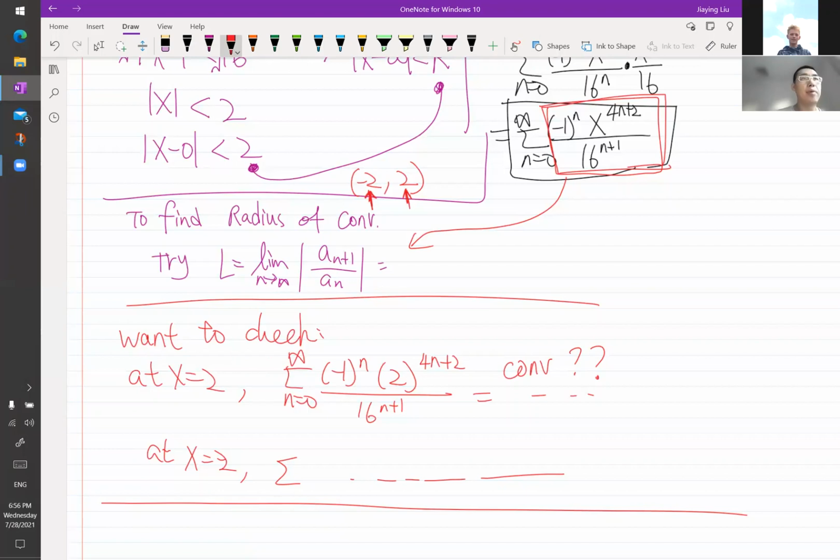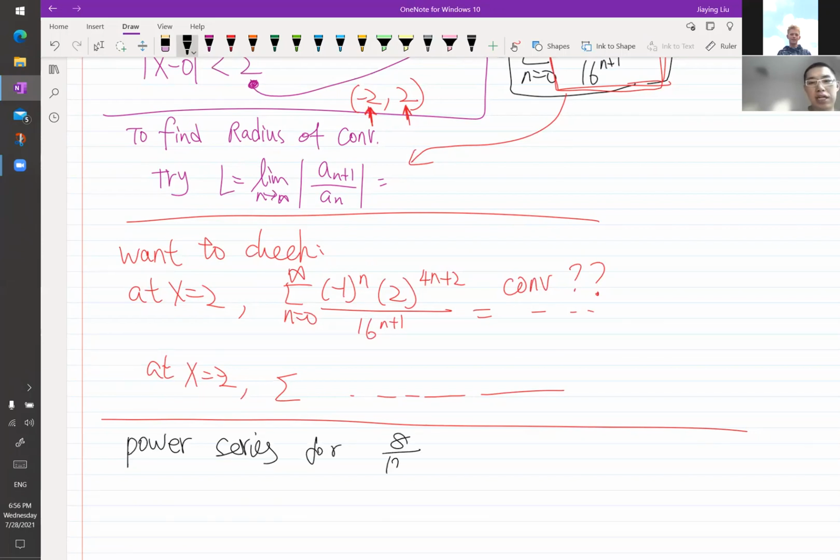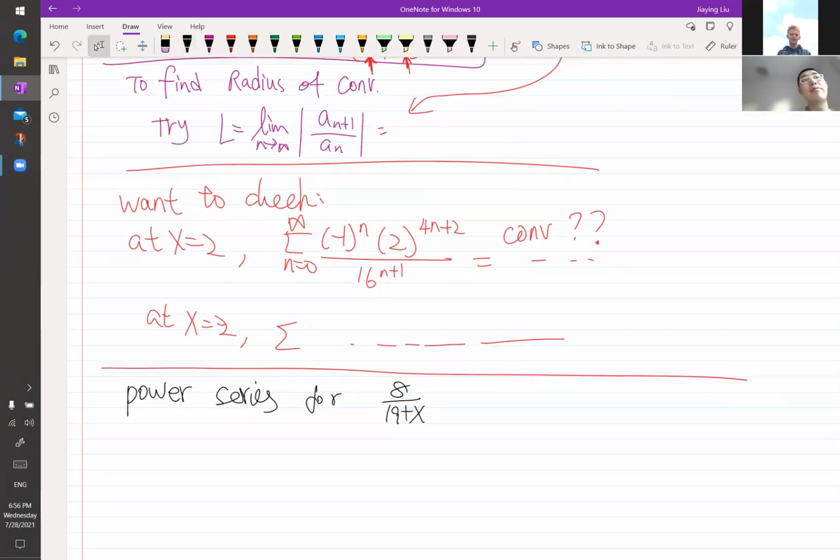All right, so Sam has a similar question on this. Sam, I think I'm not going to do all the work. I think I'll just explain a couple of steps. So it's power series, finding power series for 8 over 19 plus x. So again, the first step, what we're going to try to do is try to make it look like